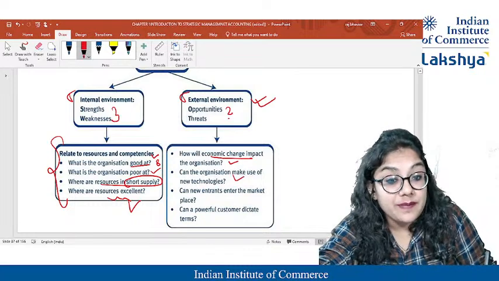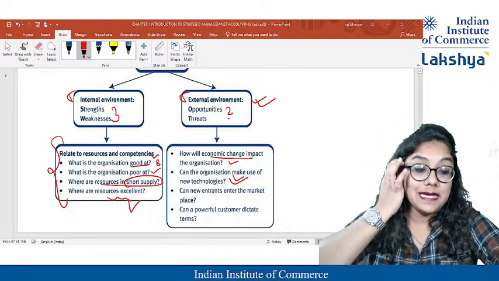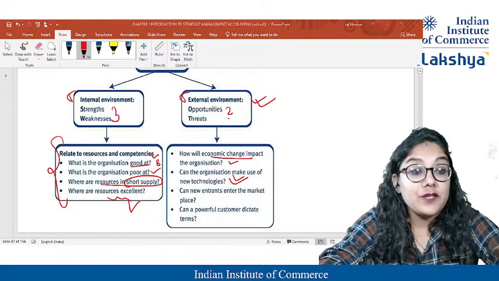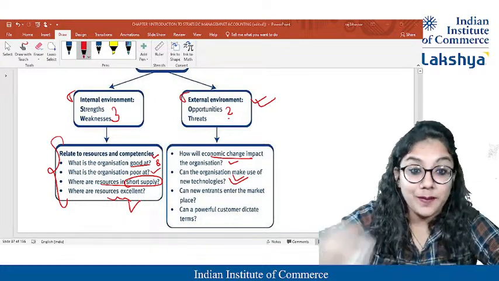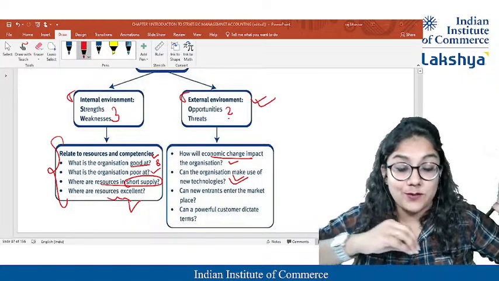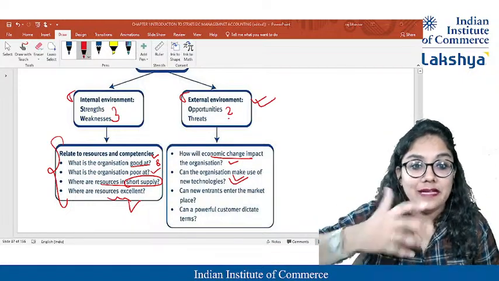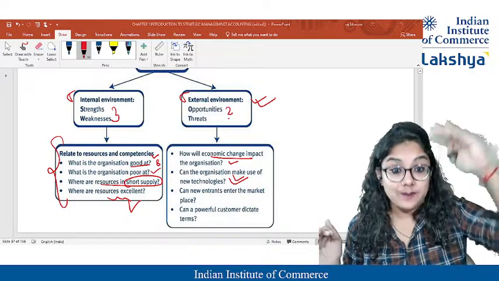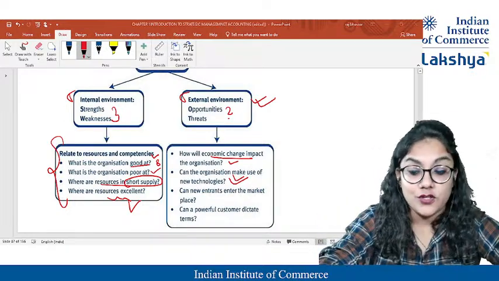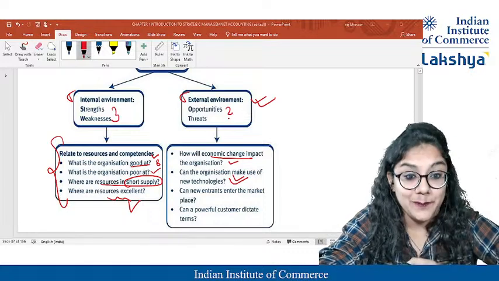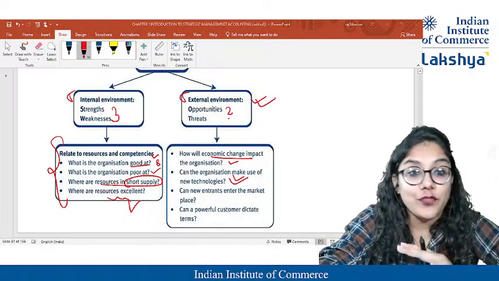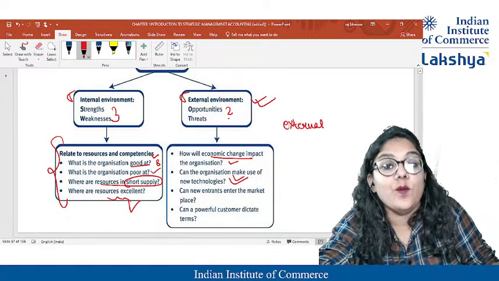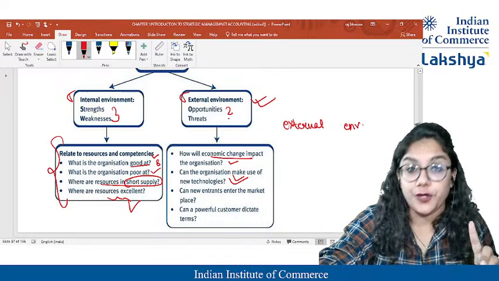How can the organization make use of technology? Let's say I am in an underdeveloped country where people used to take 10 years to switch from computer to laptop. And if I'm implementing robots there, people will not accept it. But if you're in a high-tech place and you are implementing all those technologies, maybe that will be your opportunity. So guys, we have to analyze in both phases, considering the external environment. That is very important, right?